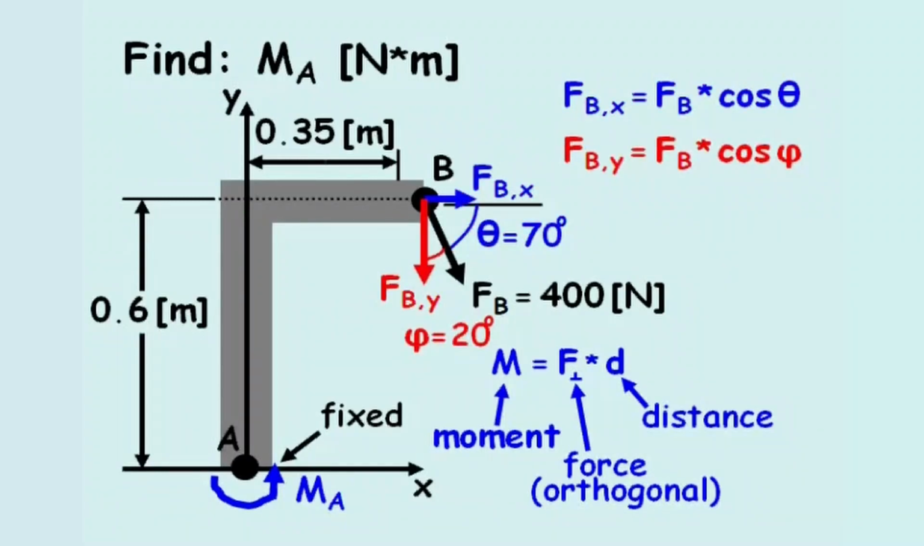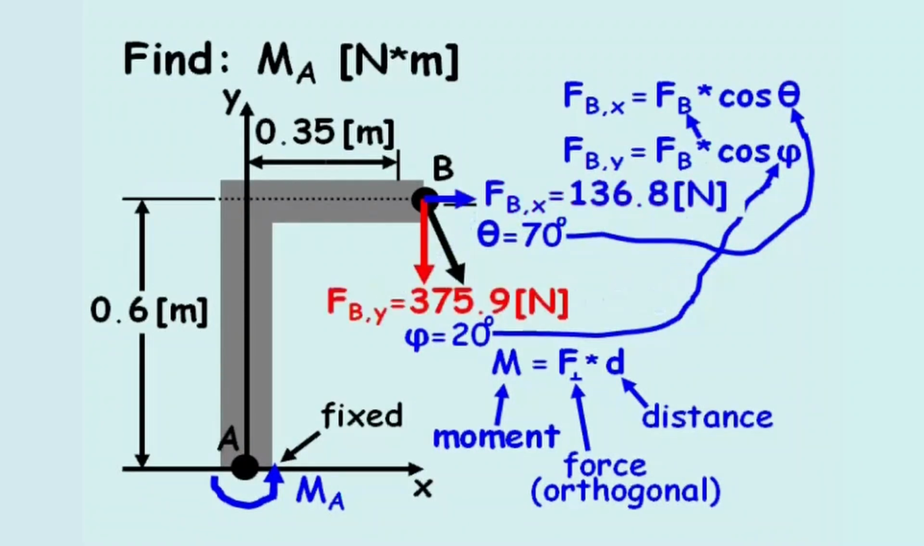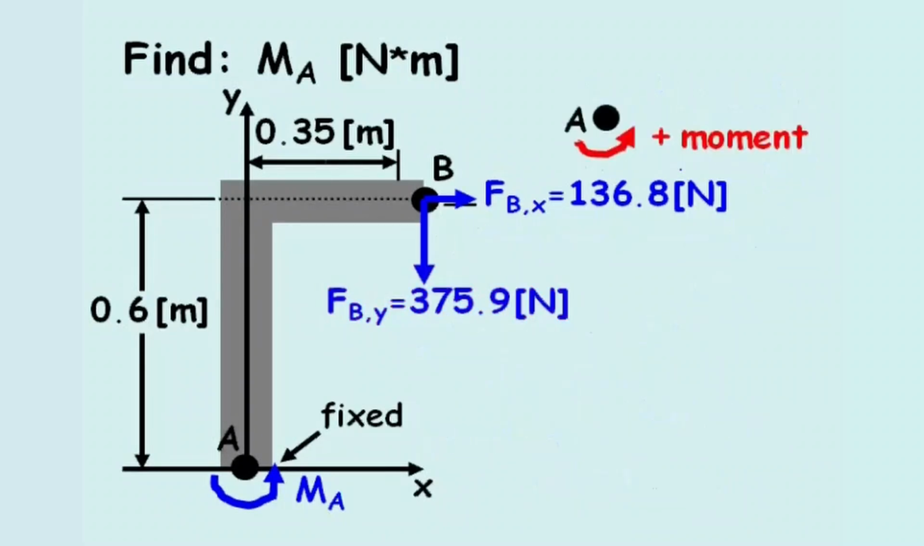with the y-axis, phi. Plugging in the force, F sub B, and the angles, theta and phi, the force in the x direction equals 136.8 newtons, and the force in the y direction equals 375.9 newtons. If we define the counterclockwise direction around point A as a positive moment, and the clockwise direction around